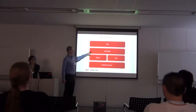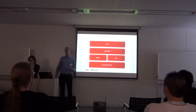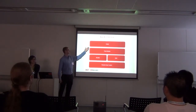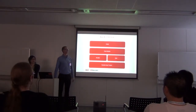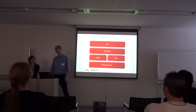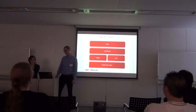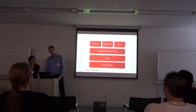The main logic for our application is based here in the view models. These are the different cases, different scenarios that our application works with. The views layer is concerned with the UI experience. So these are mainly the things that we collaborate on with CWD, the design that we get from them. Because of this pattern and